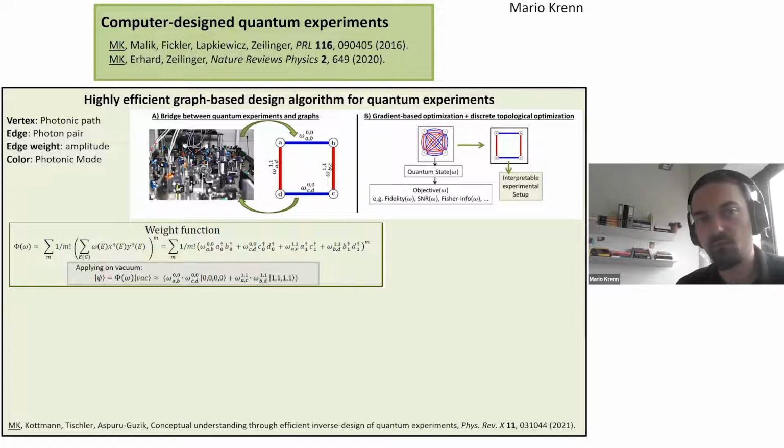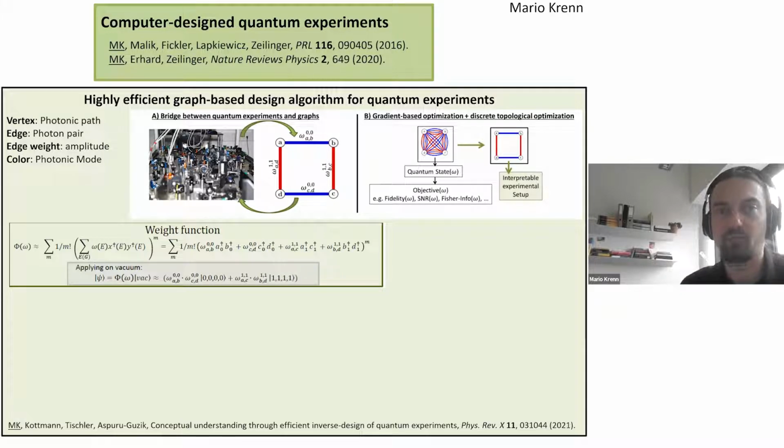For instance, if we are interested in computing the fidelity, or if we want to design an experiment for a certain quantum state, we will compute the fidelity to this quantum state as a function of the weights of the graphs, and then we can use advanced gradient descent methods to actually find the correct settings